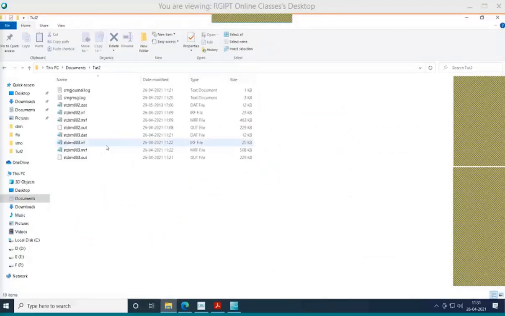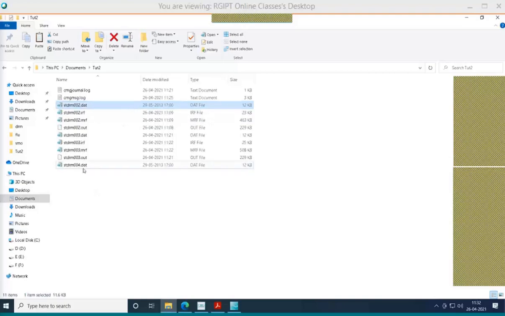In order to do that, let us say this was our parent file. Control C, Control V. Instead of this, let me call this 2, 3, and 4. Okay.